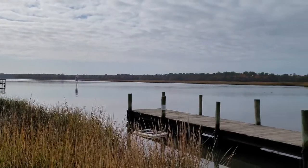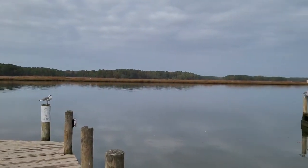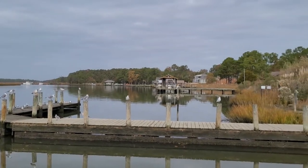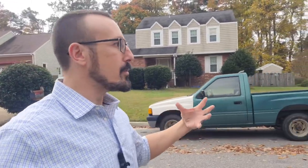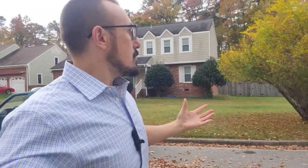It's just that to get to here, you kind of go past the point of Denbigh Blvd where it gets down to a little one-lane road, and then you head a little further and you get to the Denbigh docks, which are this beautiful waterfront location where you have public water access. So you can head down Denbigh Blvd, then you turn up more, then you kind of got to weave a little bit to get back here, and then all of a sudden it opens up and there's these beautiful homes. So you go through a little bit of an older neighborhood to get back here to Noland Meadows,